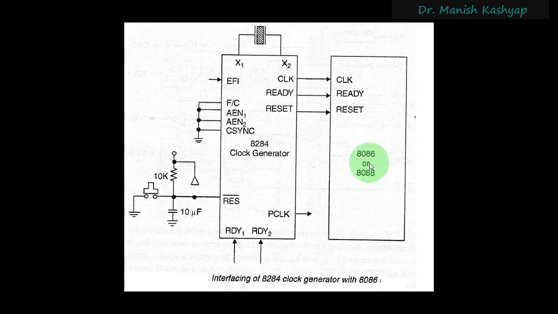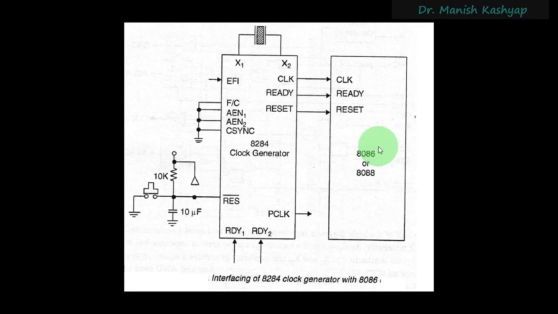One of the questions that one might ask is, you have a crystal oscillator which is generating a perfect square wave. So why are you interfacing it to this 8284 clock generator, and then supplying it through this clock output pin to this particular input of the microprocessor? You could have directly applied this crystal oscillator here, which would have been fine. But today you will see that it is actually necessary to use this 8284 clock generator, because this crystal oscillator is not only used by the 8086 microprocessor, it is also used by other devices in the system, because together with the microprocessor there are its peripherals, right?